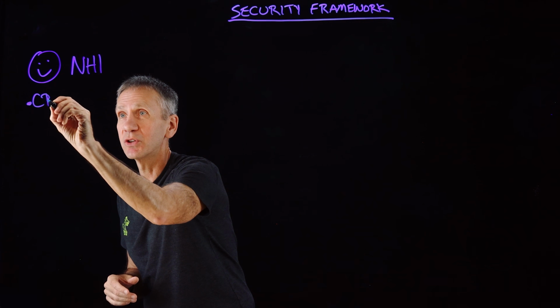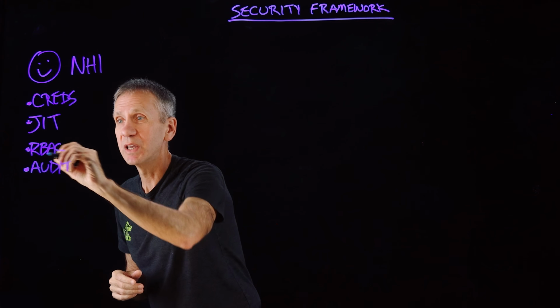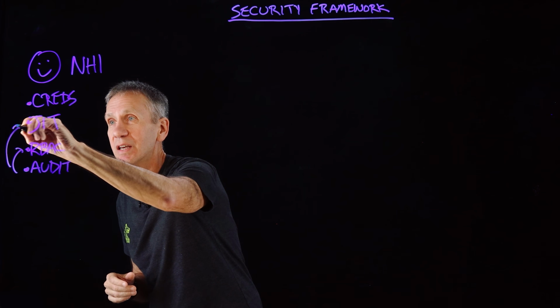We're going to do role-based access control. So we're going to assign certain roles to agents just as we do with users and make sure that those agents are in conformance to that. And then ultimately, I need to audit all of this. In other words, be able to go back and see if I did all of these other things correctly. So that way I have oversight.